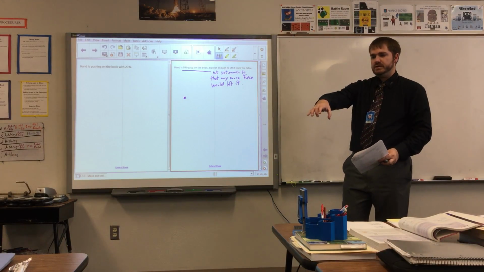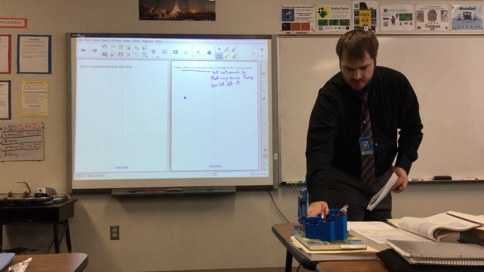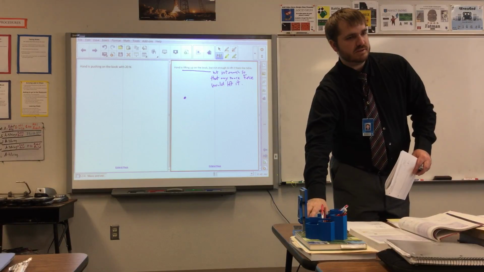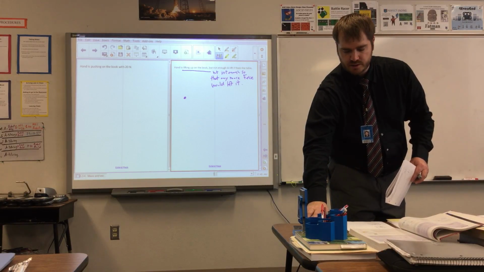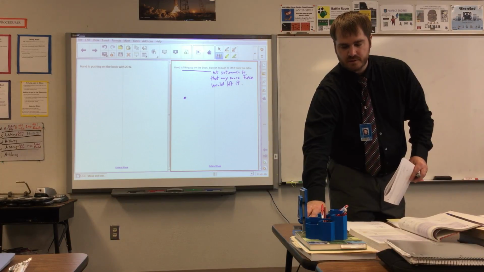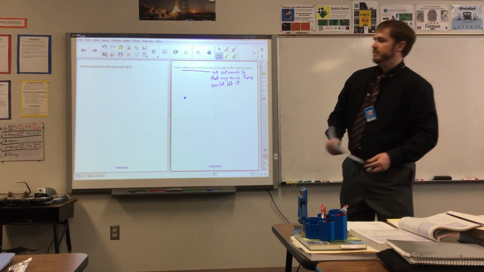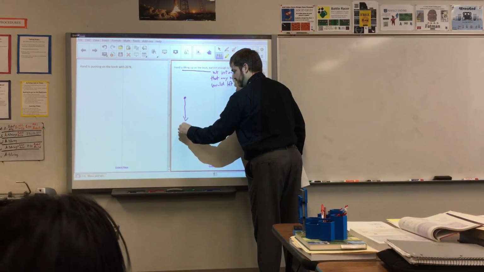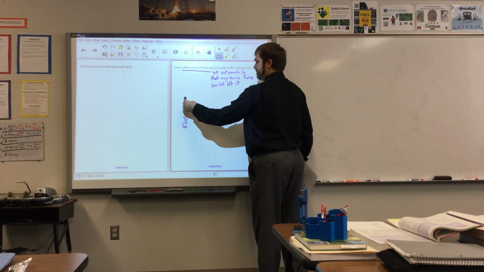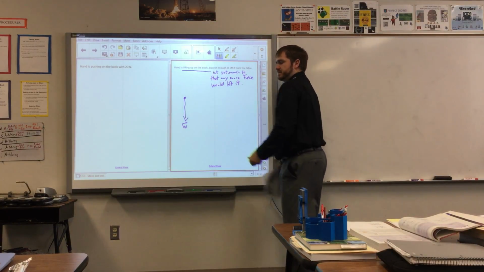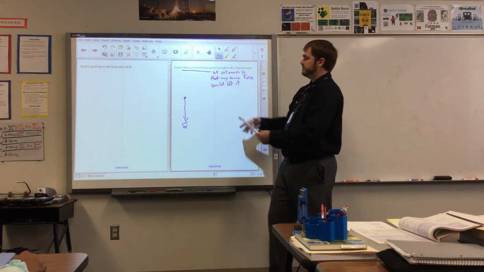So you're holding it just enough so that if you were to add just a little bit more, it would start accelerating. Does that make sense? So you're pulling up just enough. How else might you describe that? Well, if the weight is going down, and I've got the normal force going up, and my external force is also going up since I'm pulling up on it, okay?